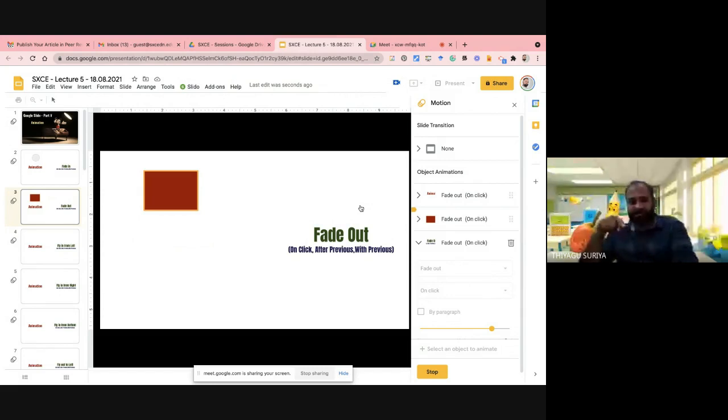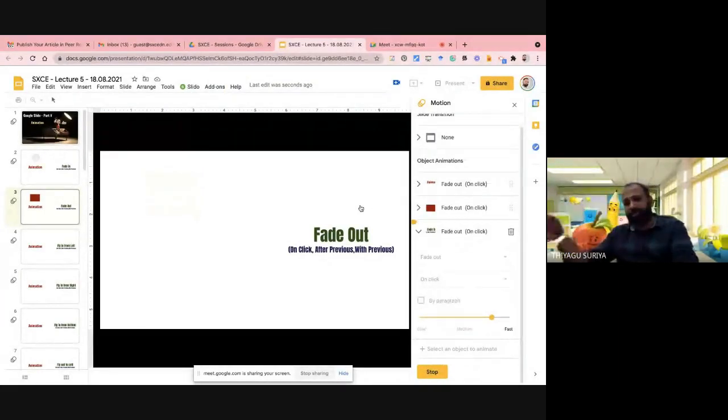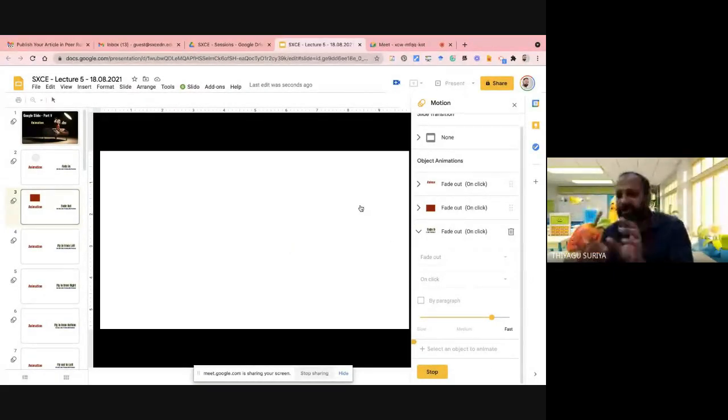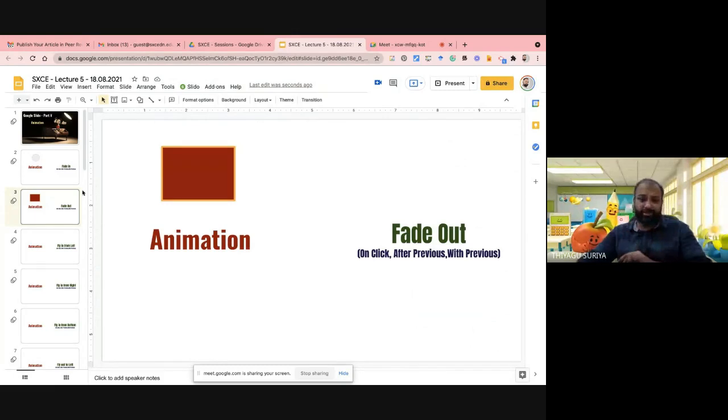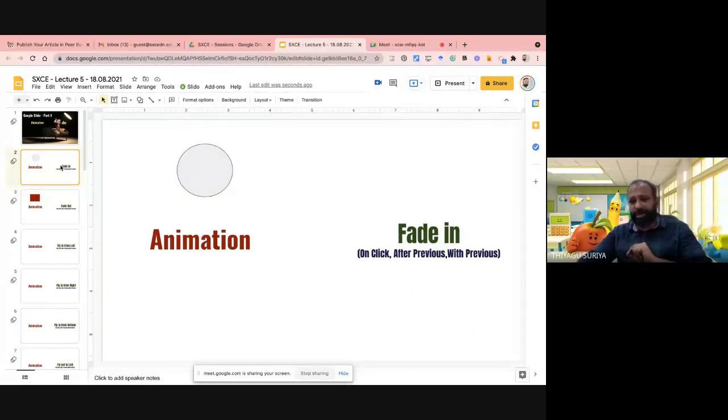I'm pressing the keyboard, and I hide the square or rectangle which I'm using here. Similarly, I'm going to hide the word with fade out. Now it's hidden. So this is the way we use fade out. Fade out means the particular word should fade out, it may hide. This is the second feature. I've highlighted the two important things, fade in as well as fade out. I hope there is no doubt about fade in and fade out.